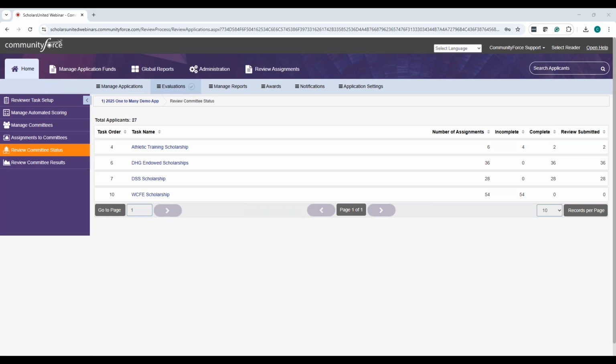So now we're going to continue on. We've looked at the status and we know we've got these 2 reviews done, so we can start looking at the results, the final results. Maybe we want to drill down a little bit deeper and see a little bit more details. So if we go over here and